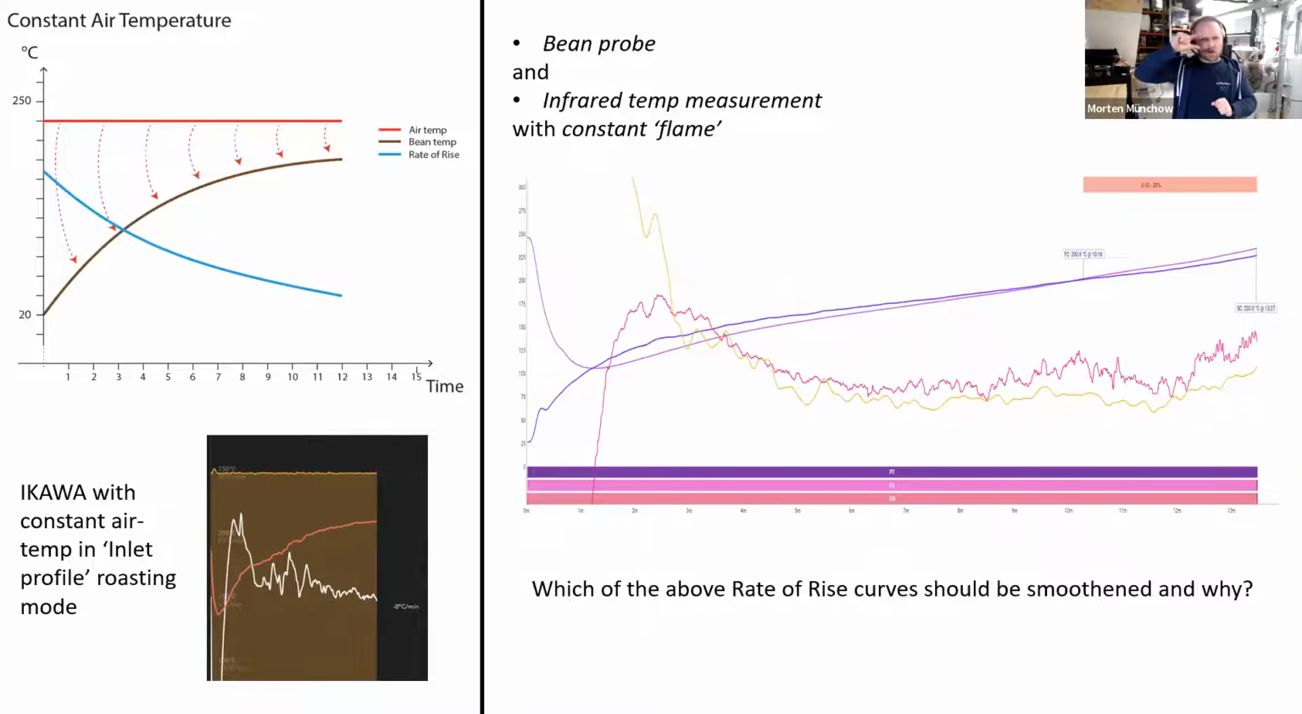And as the bean temperature goes up, because it's heated up by the air, the temperature difference becomes smaller, and then the heating up becomes slower. So you can see how the bean temperature will actually go asymptotically, as it's called in English, against the air temperature. It will go closer and closer, slower and slower, without ever really reaching it. And then the rate of rise will do this